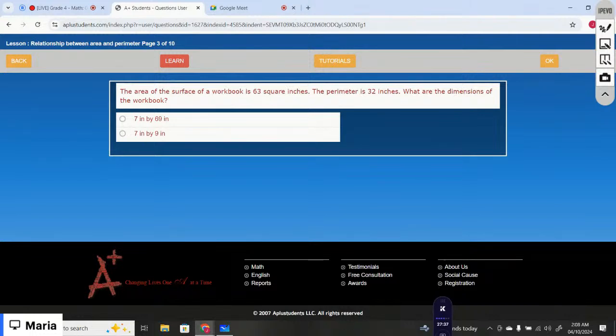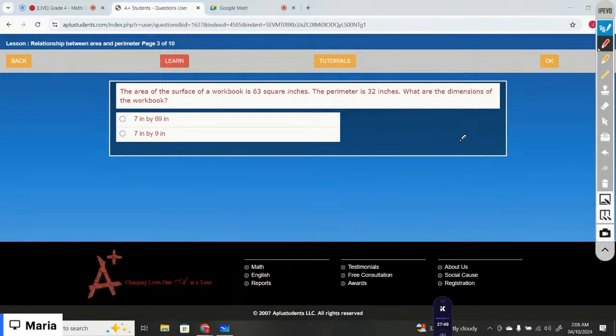Okay, the next one is: the area of the surface of a workbook is 63 square inches. The perimeter is 32. What are the dimensions of the workbook? You have to find a workbook that looks like this. Books are usually like this, right? You have to find the length and the width of the book. You are given the area is 63. Area of the rectangular shape is